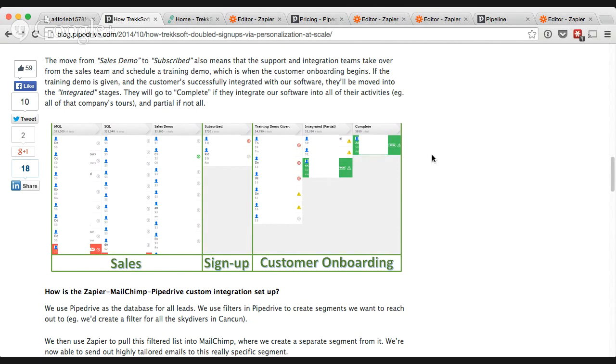in Pipedrive. What that's allowed us to do is free up time that we were spending doing repetitive tasks that is now taken care of, so the reps can really just focus on what they do, which is our sales team can focus on selling, and our onboarding team can focus on integrating new customers and getting them up and running quicker, and then moving on to the next deal. So that's an overview on how we use Pipedrive and Zapier,